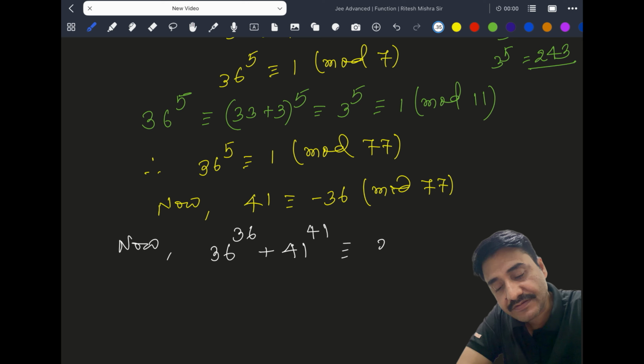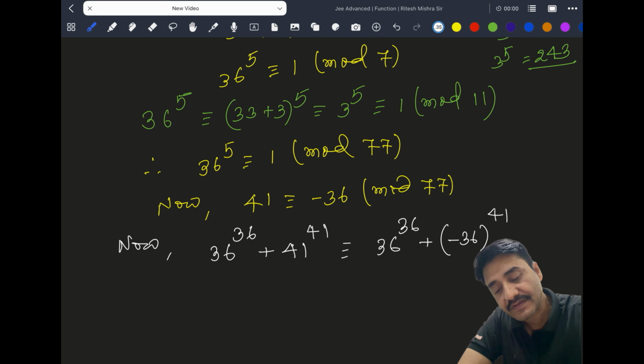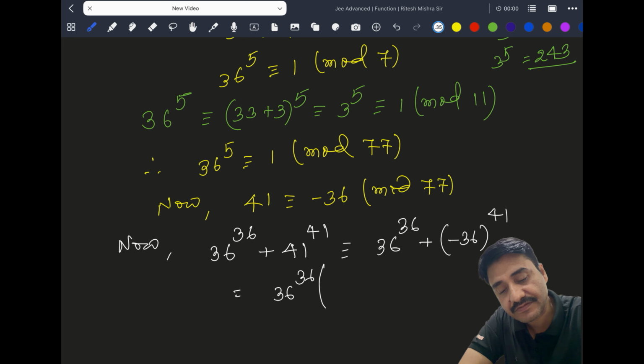This we can write as 36 raised to 36 plus minus 36 raised to 41. And this we can take common, 36 raised to 36. When you take it common, it will be 1 plus,